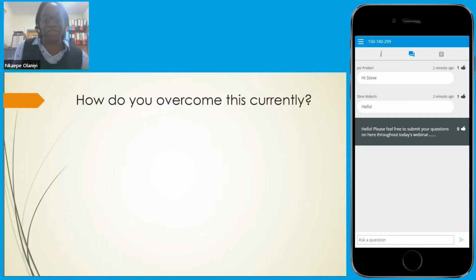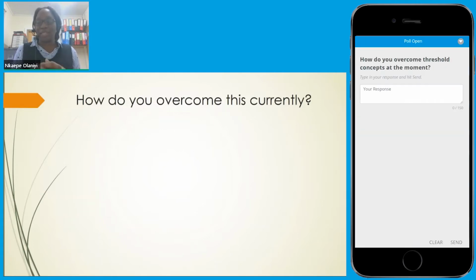So that's gravity. Maths, complex numbers poses a problem. So I would like to ask you, if you are teaching at the minute, how do you overcome threshold concepts? Basically, like we've said, anything that you think your students find troublesome or counterintuitive, how exactly have you tried to overcome this issue? We've got a Meetoo poll open for that, so if you could put your responses in there, that would be great. Even if you're not teaching, maybe remember how you overcame a concept that you thought was really tricky whilst you were in education. Please feel free to put that in as well.